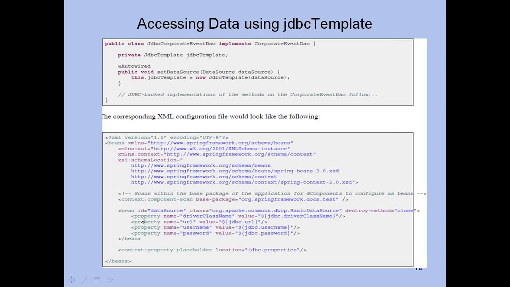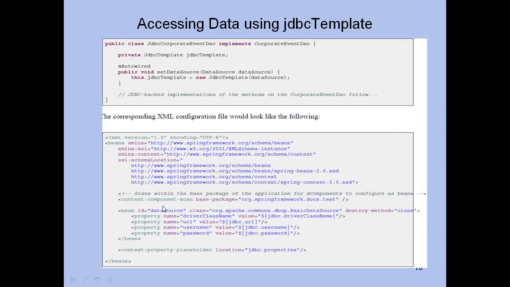If you see here, you have defined a bean ID equal to data source, class equal to basic data source, and you have given driver class name, URL, username and password. This looks familiar, right? Now what have you done here? At this step, you have simply created a data source object, right?